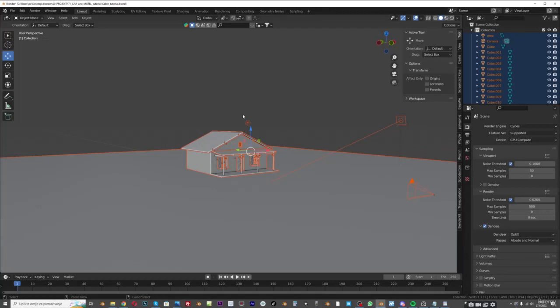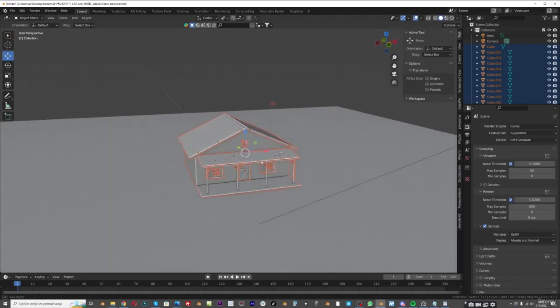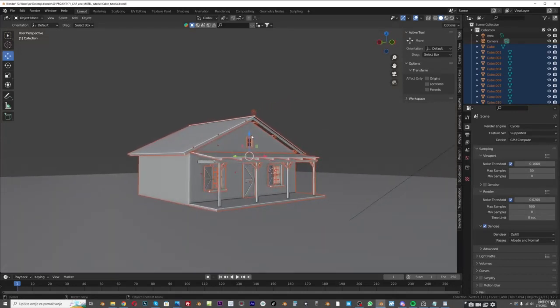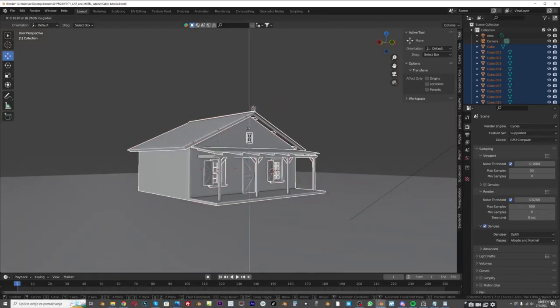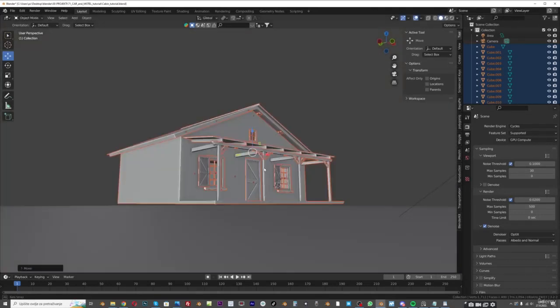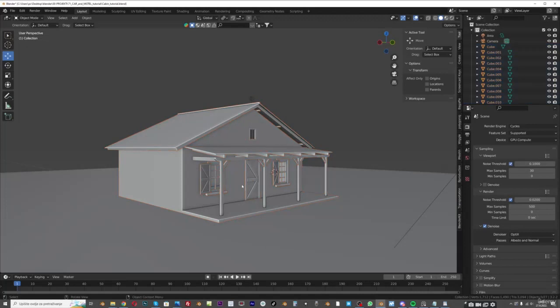and I will now hold Ctrl and just drag and remove parts we don't need to affect. So I will deselect the camera and this ground also. So now we have selected only this cabin, and now I will move this up a little. Okay,